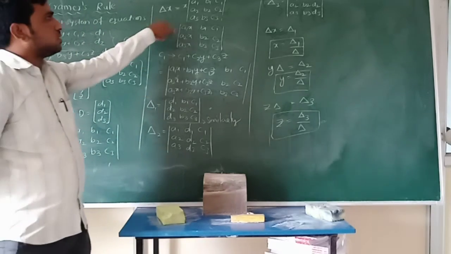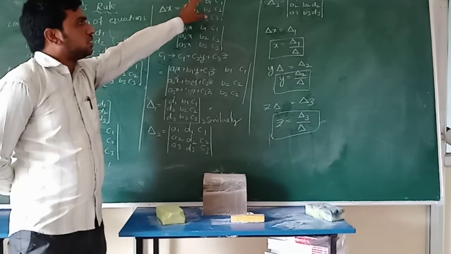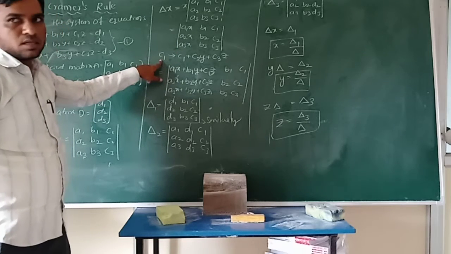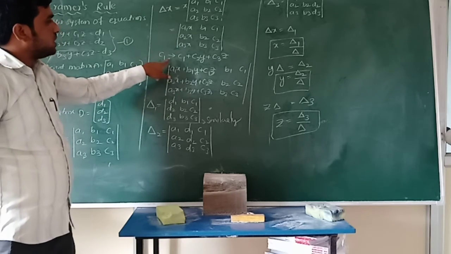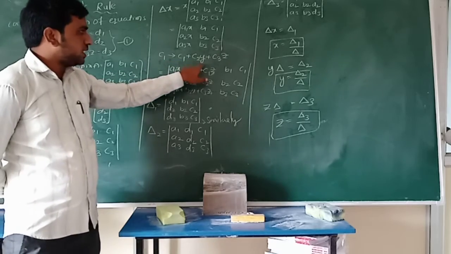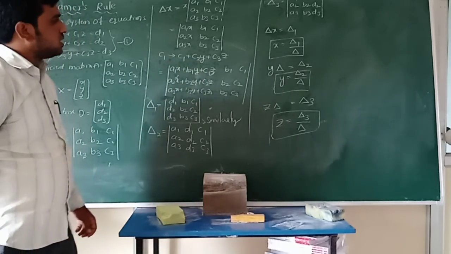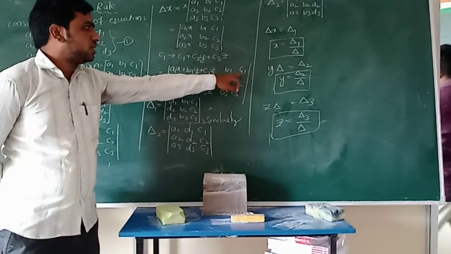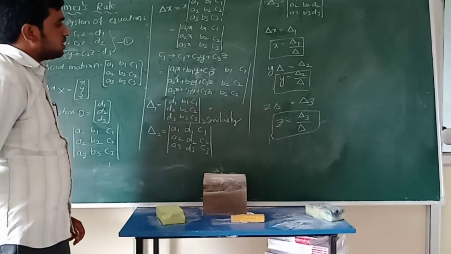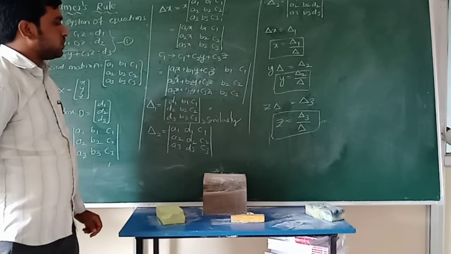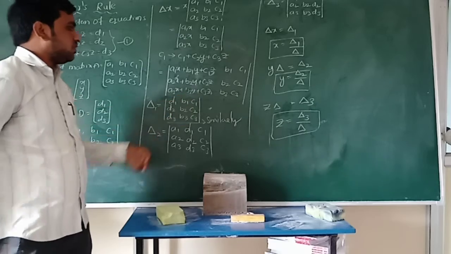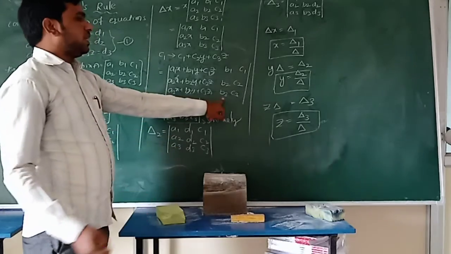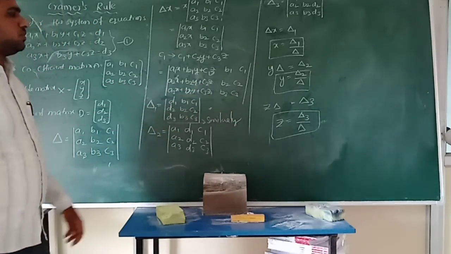Delta is equal to the determinant of the coefficient matrix. Now delta into x is equal to x into delta. Multiply with the first column. In this, by column operation, c1 changes to c1 plus c2 into y plus c3 into z. That is a1x plus b1y plus c1z, and b1, c1, with no change in column 2 and column 3. Next a2x plus b2y plus c2z, a3x plus b3y plus c3z, and columns 2 and 3 have no changes.